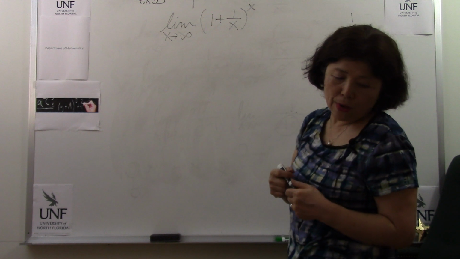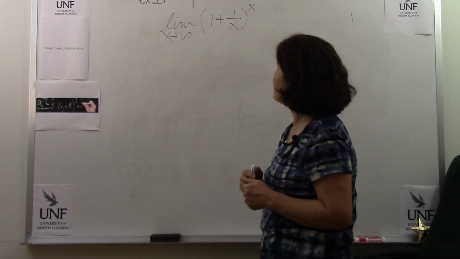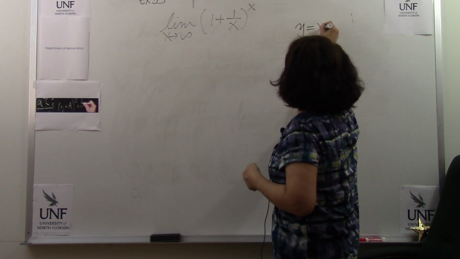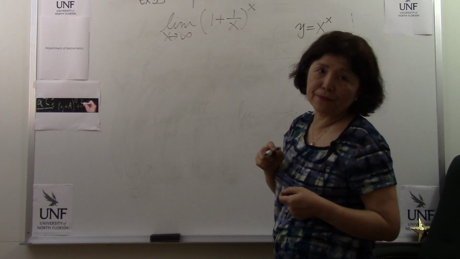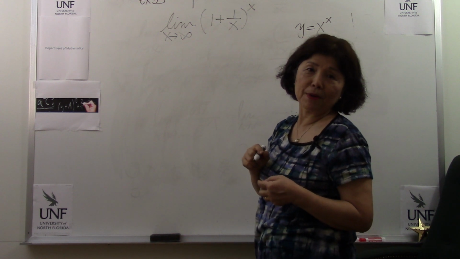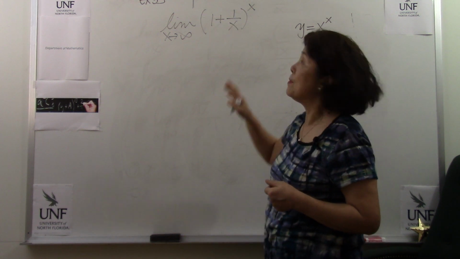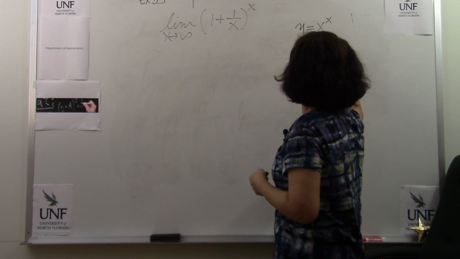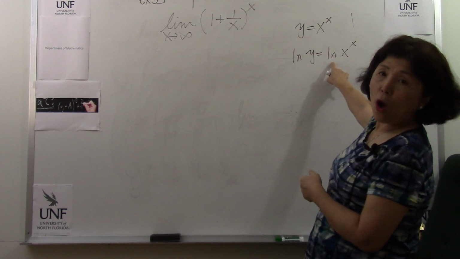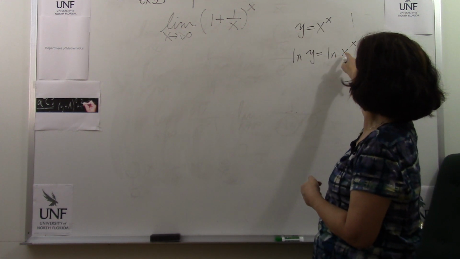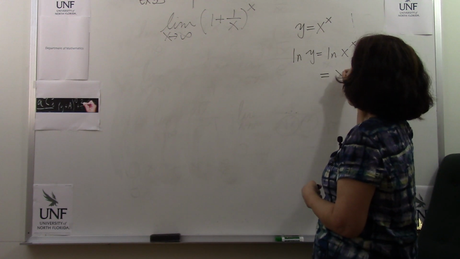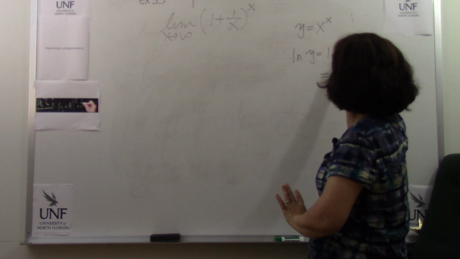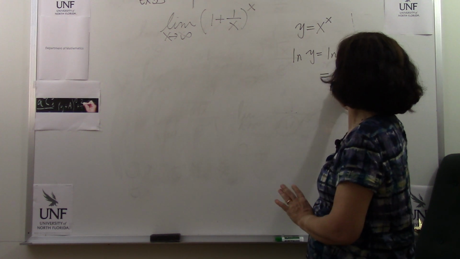Earlier, when we did the limit review, I asked you a question like y equals x to the x. How do you differentiate it? Does anybody remember how to differentiate this? Well, in order to differentiate this, we took a log on both sides so that once we apply the properties of log, it becomes x times ln x. We separate this exponent from this main body so that it becomes x times